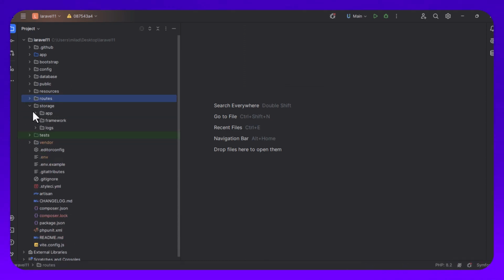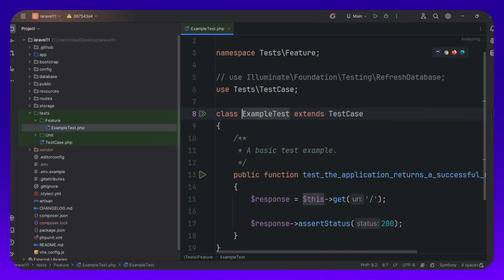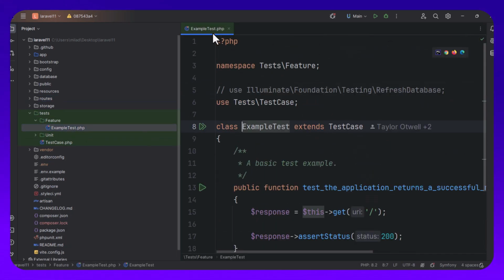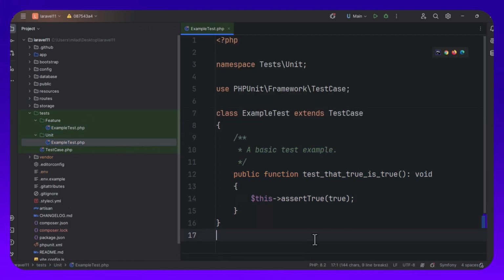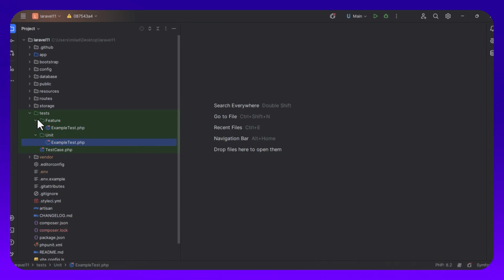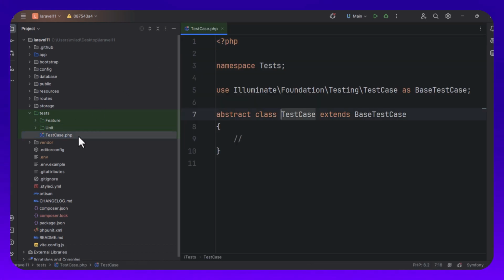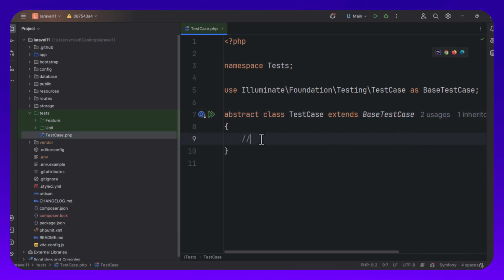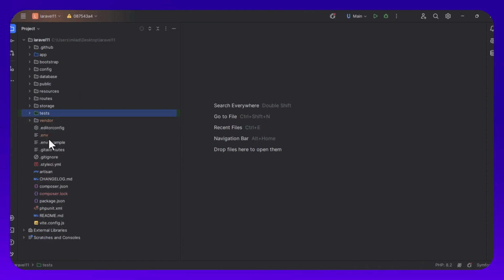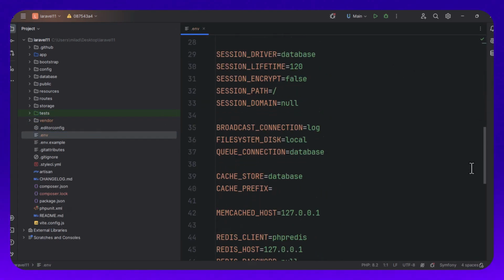Storage is not very changed, and the tests are not really changing here. We don't have any change. So here we don't have a CreatesApplication trait, and the vendor, and that's it. So the env file,